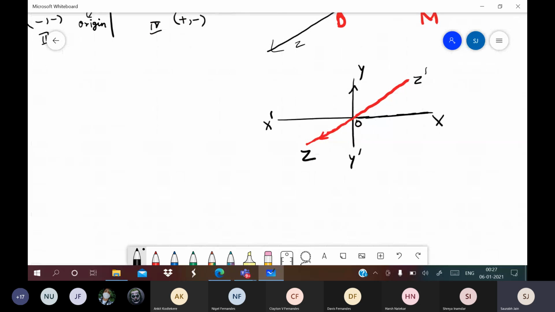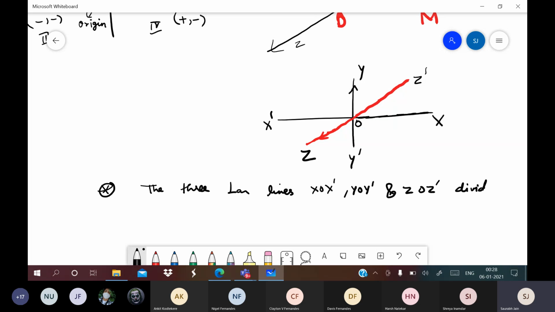Now try to understand. If you want to write the name, three perpendicular lines which are XOX dash, YOY dash and ZOZ dash divide the whole space. Do not use the word plane. Plane is for 2 dimensions. We are talking about space. They divide the whole space in 8 parts